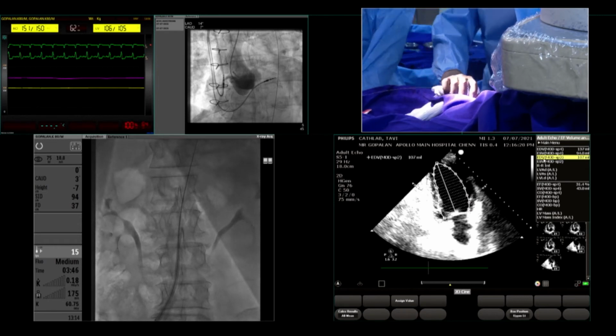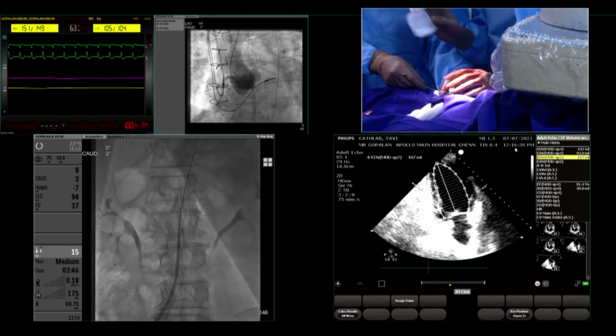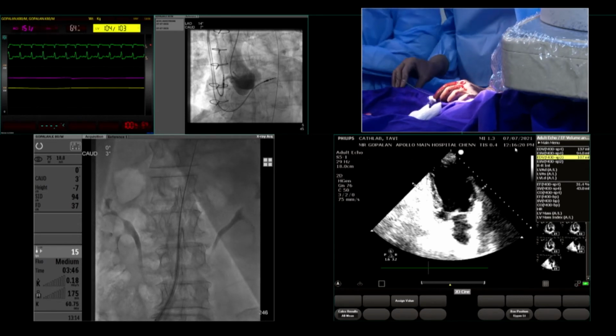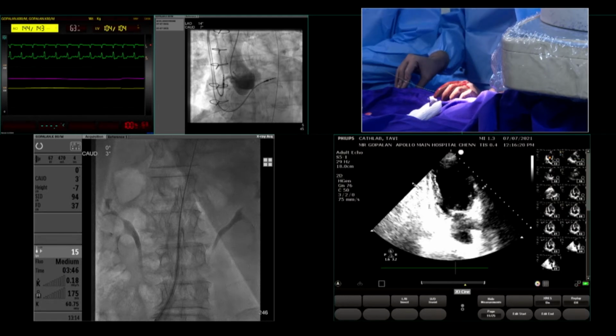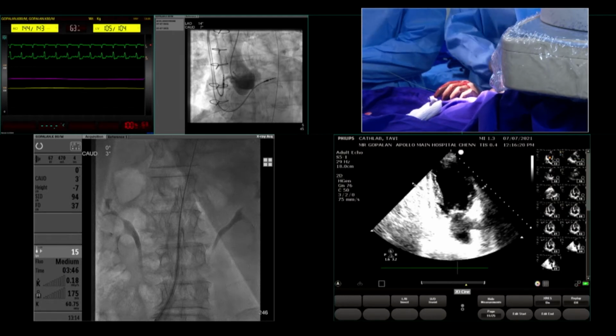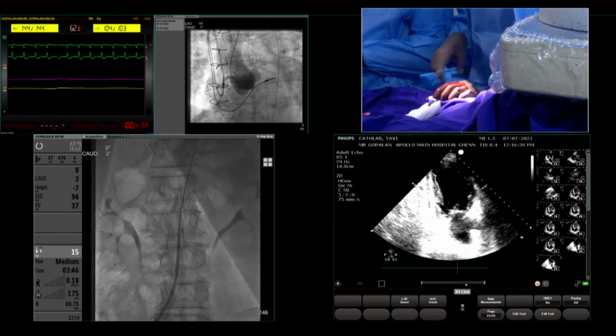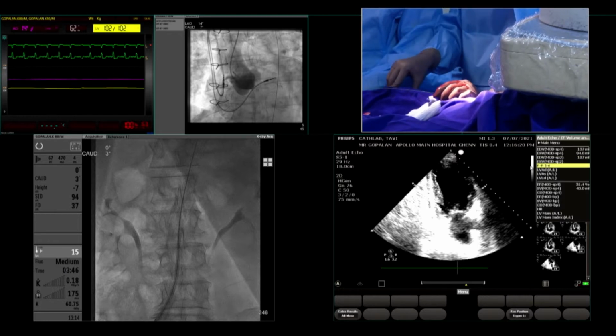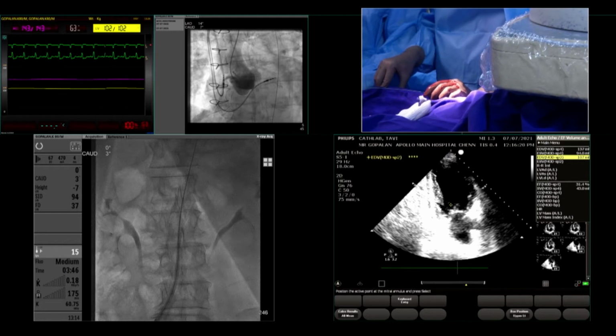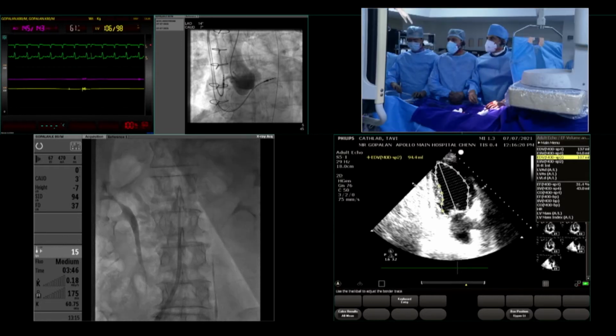Let's stay there, sir. Stay there. We pass the Lundquist wire through this. Here we get the Lundquist wire ready. Actually, this is enough for the entry of the valve. But the only thing, the sheath will split and start bleeding. That's the problem. Otherwise, it's enough for us. Okay, get the Lundquist wire. Hold, move.